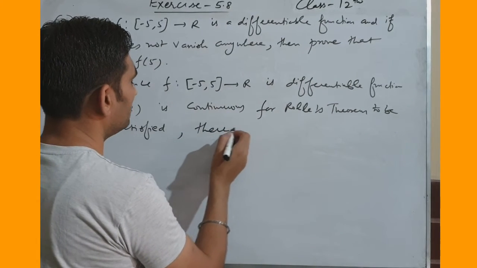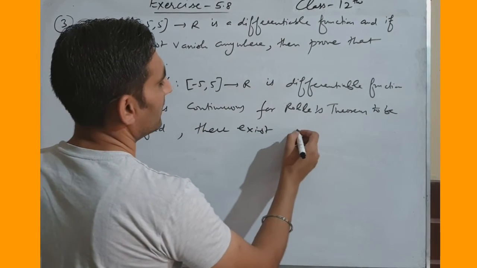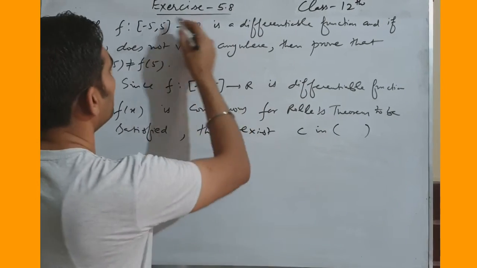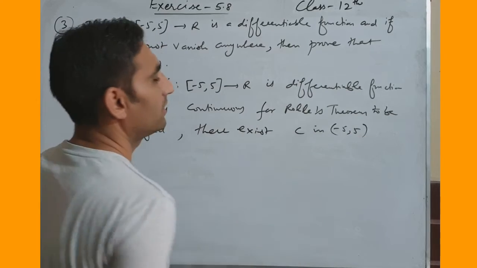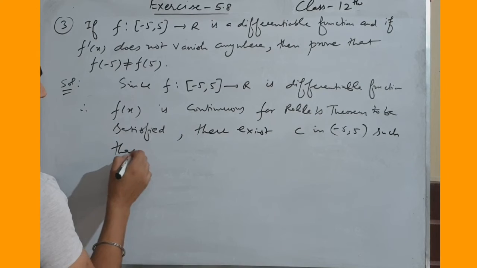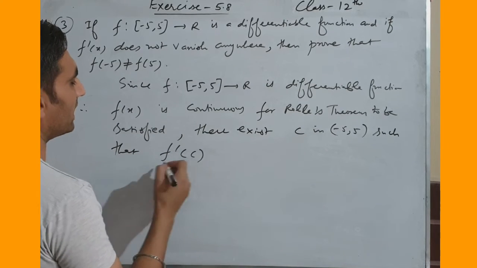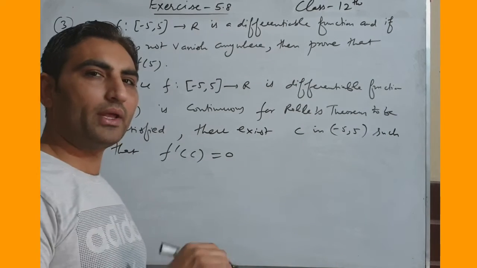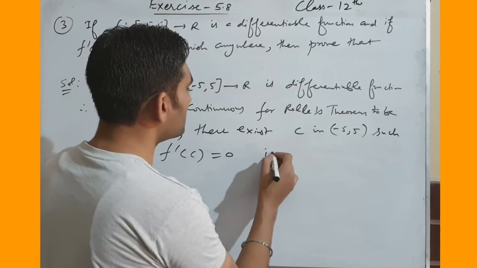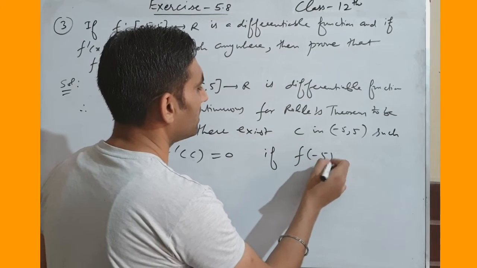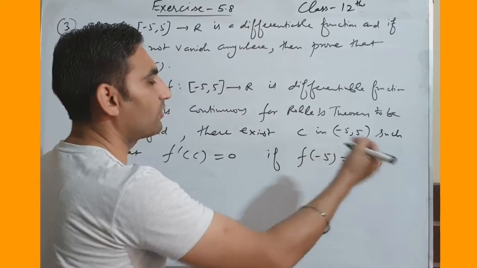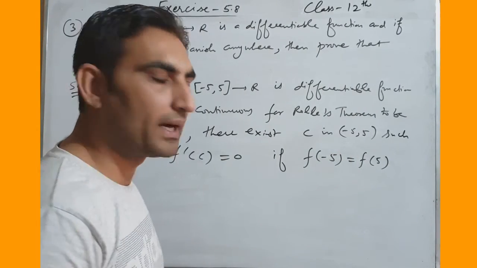There exists c in the open interval. Which open interval? This one, minus 5 to 5, such that the derivative of your function at c equals 0. But when we write derivative of function at c equal to 0, it must satisfy this condition: f at minus 5 equal to f at 5, meaning f at a equal to f at b. But